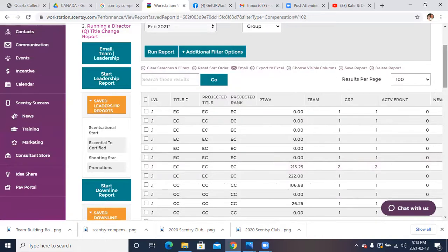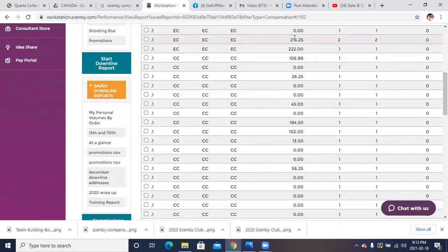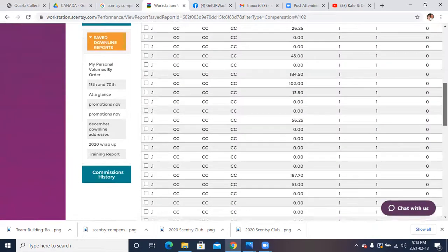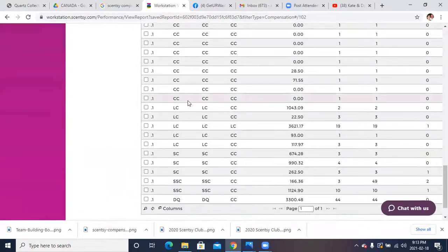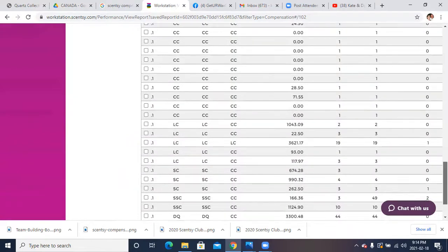Boom, right? So I know I get paid 9% on all of these people. So I'm going to just mark down all of these people on a piece of paper, literally, and then I'm going to add it up after and then multiply it all by 9%. Now, my lead consultant frontlines, I'm going to mark down their numbers and then I'm going to add them all up. And then I'm going to multiply all of those by 7% and so on and so forth. Okay. Because I'm a director or above, or a store director rather,